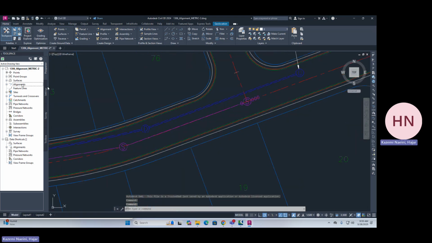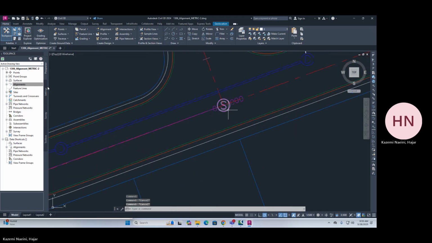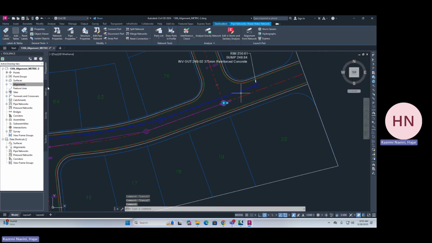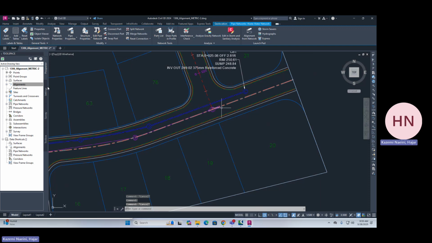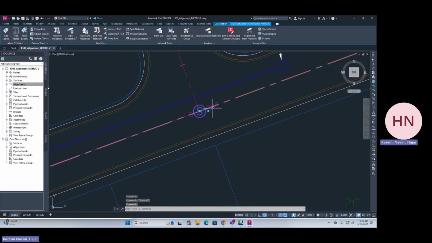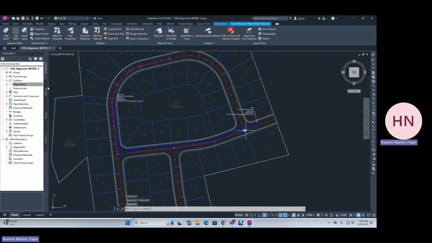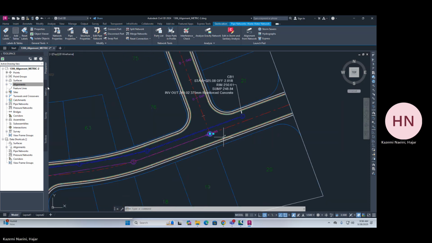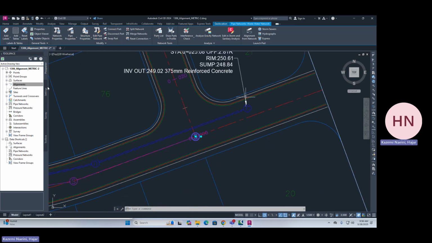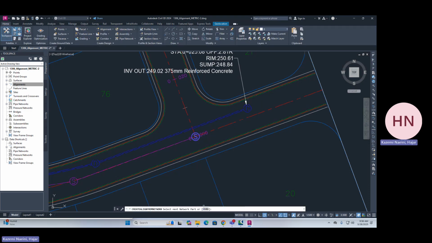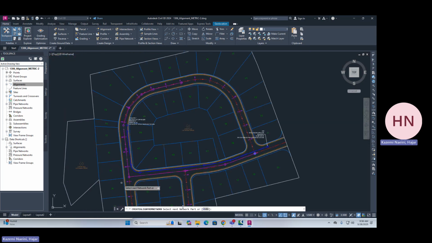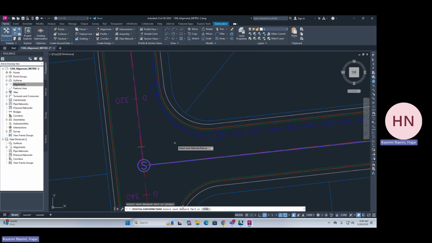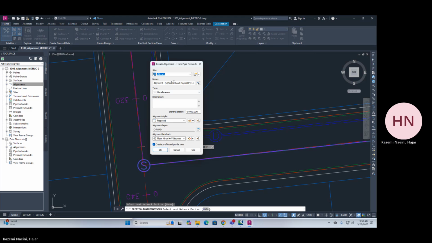At first, for creating a profile view, you need to select your first structure and you need to create your alignments. So when you select your structure, you need to go to alignment from network, and then you are asked to select next network part. I can go there, enter. Now we can change it to